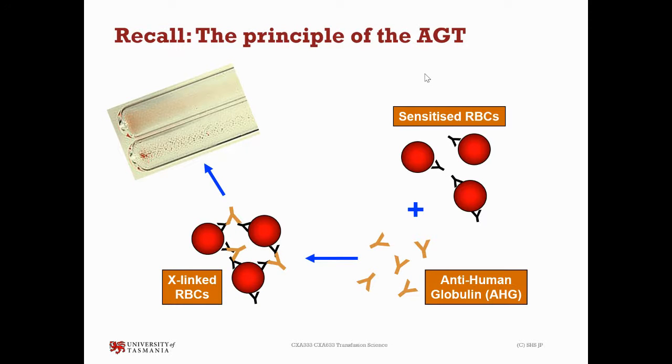Okay, so I've just given you just under 2 minutes. It's really, really important that you are able to put into words an image such as this, and that you are able to draw a diagram like this. It's something that maybe in an exam, you may be asked to draw a diagram of the principle of the AGT, or you may be asked to describe an image, or you may be asked to describe the principle. So you should have said something like